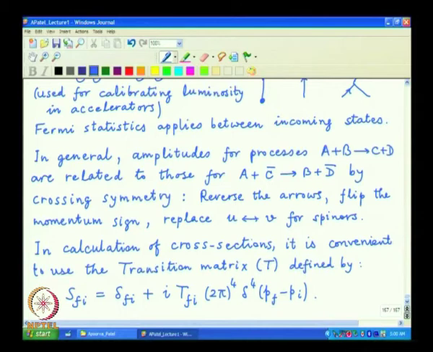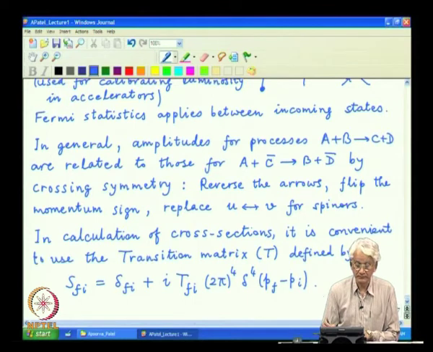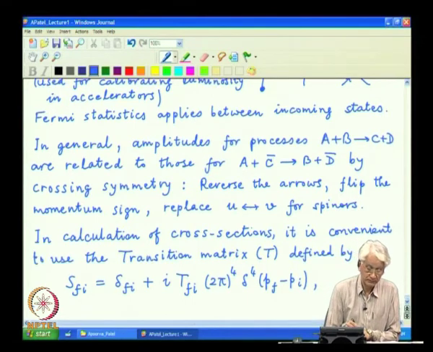S is unitary, and if you expand the unitary matrix about identity, then it takes the form of 1 plus i times a Hermitian matrix. So, that i is explicitly factored out, and after doing all this stuff, the cross sections